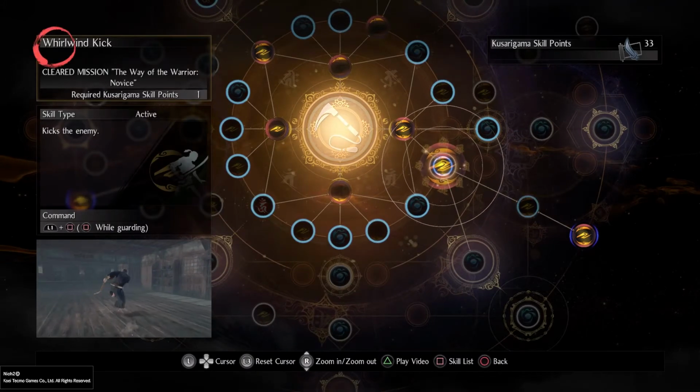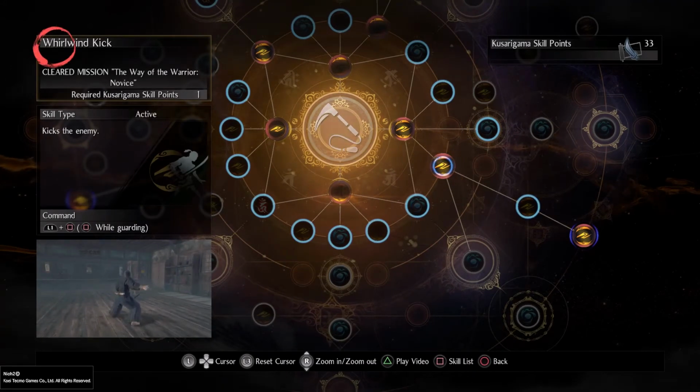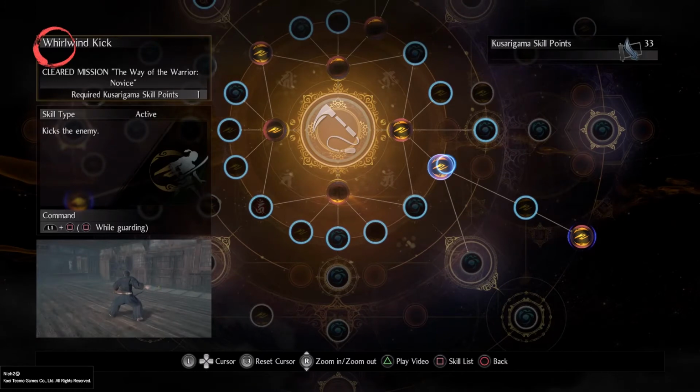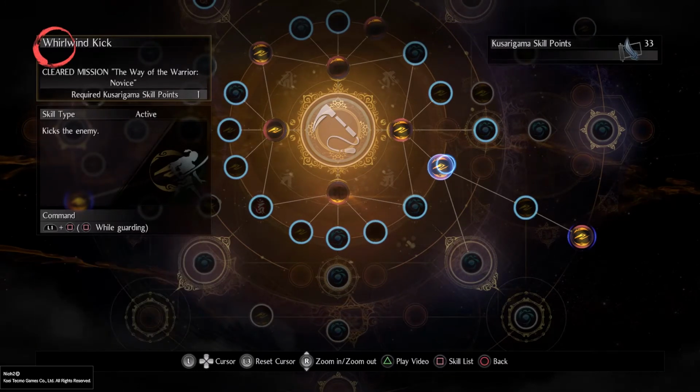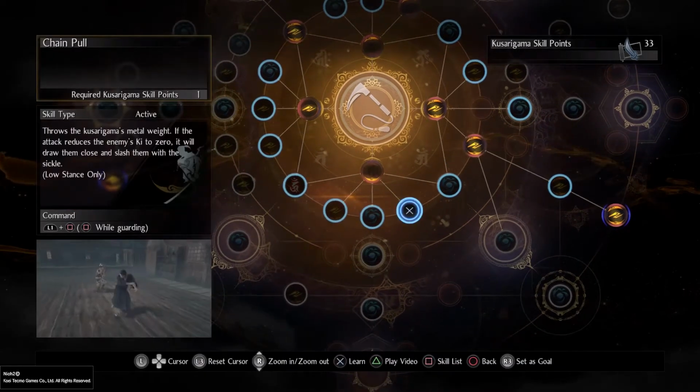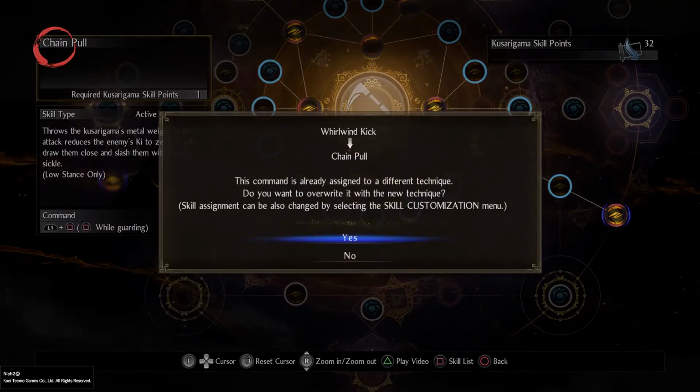Whirlwind Kick, definitely getting that. The reason why we're getting that Whirlwind Kick again is because it does a good amount of key damage, and we like that. We like key damage. We want as much key damage as possible, so we're going to grab that Whirlwind Kick for sure. Chain Pull, yes we are. We're definitely going to grab that Chain Pull,